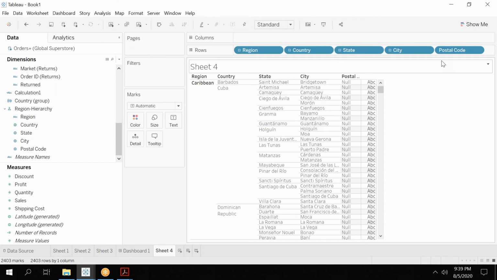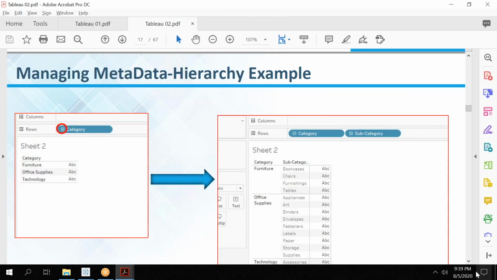Clear? Yes. So far good. So this is the hierarchy creation, and if I move on to the next one,